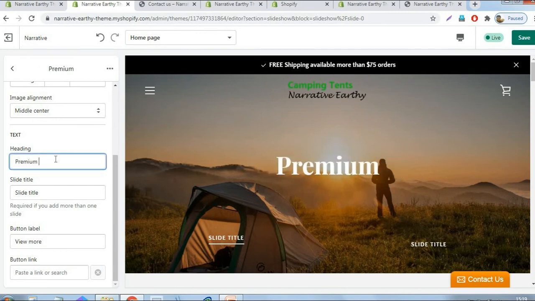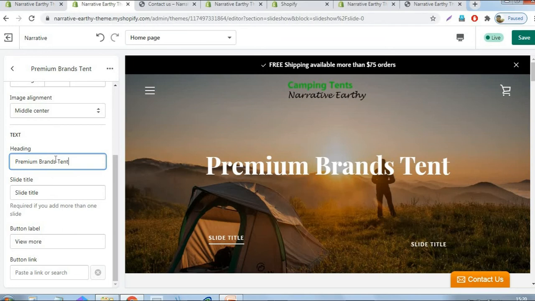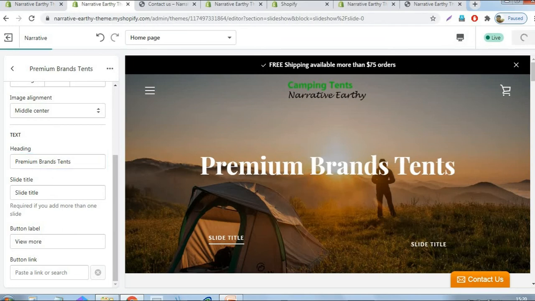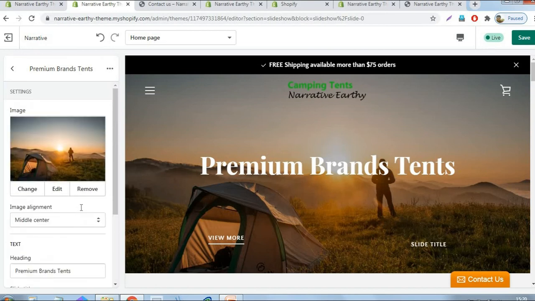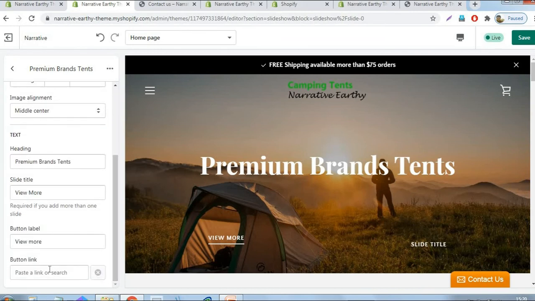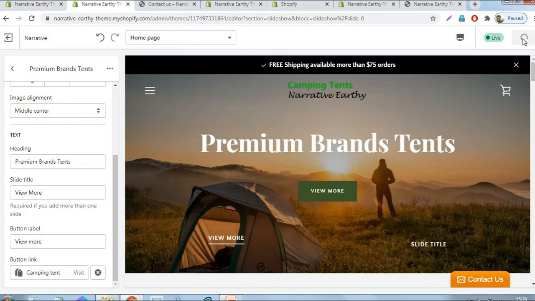It's a premium brand. Okay. And just click the save button.